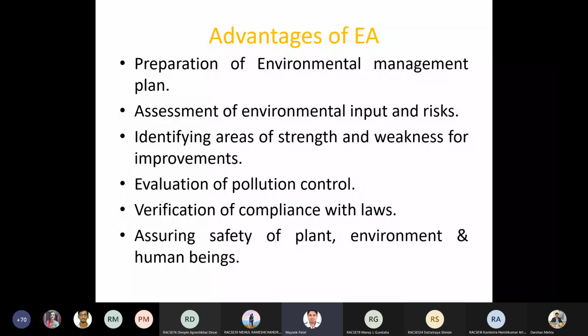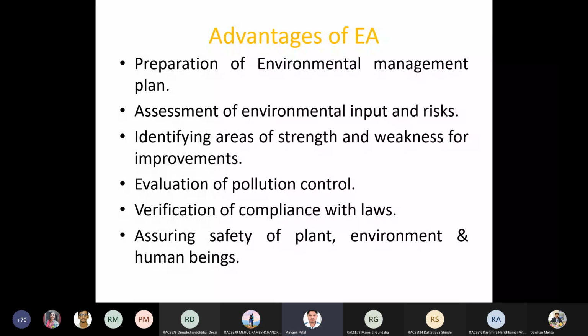Now we will discuss the advantages of EA, environmental audit. So it will have this environmental management plan. Then you will assess the environmental input and risk. Then you will have the identification of the areas where you have strength and weakness for improvement,